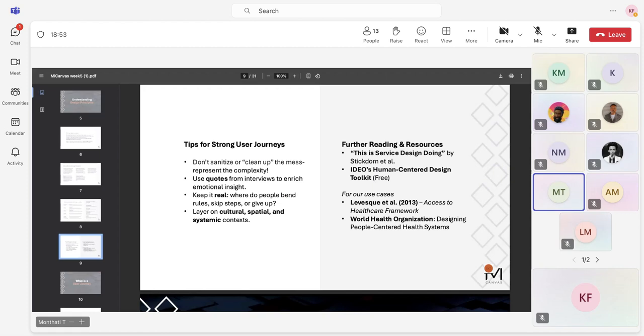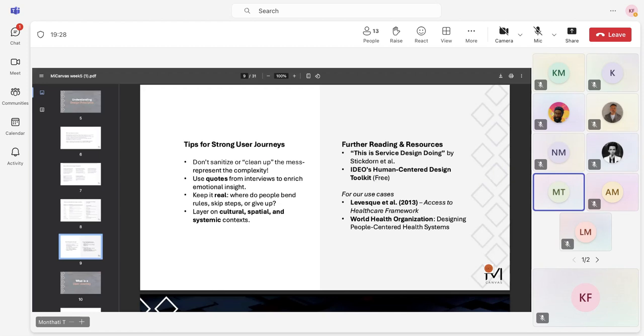But the tip with this is just don't sanitize or clean up the messiness of what you're designing, because a lot of the things that we design are complex. So going forward into the next step, which is looking at user journeys, always make sure to consider that you are allowed to bring in a little bit of your thinking, and it's not always going to look perfect and clean. And the same goes for your design principles, you can always highlight that as well, so that you can remember that with our design here, a key principle is, you know, we want to keep what we're designing very real, and you can define what that means for you guys.